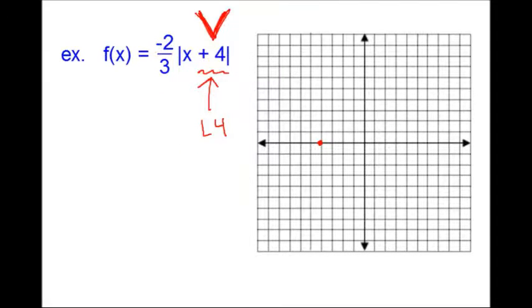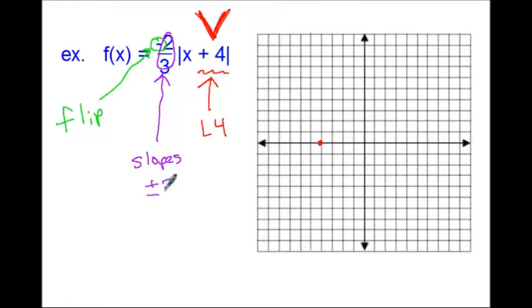Again, those numbers out there are going to mean a few things for us. And that negative sign, that one's really critical because that's going to flip us upside down. And then, one thing that's a little bit nasty about this is we have a fraction. The nice thing about absolute value is whatever that number is basically equates to the slope of both sides of the V. So the slopes are going to be just plus or minus 2/3. Admittedly, I don't even think about that plus or minus, I just think about 2/3, and I think about going 2/3 up one way and 2/3 up the other way to make a V, but in this case actually it'll